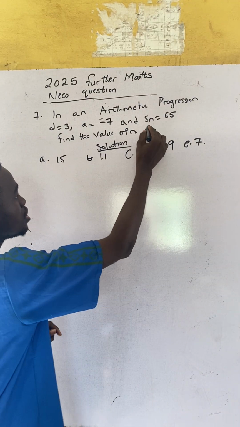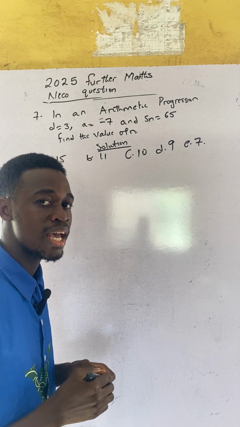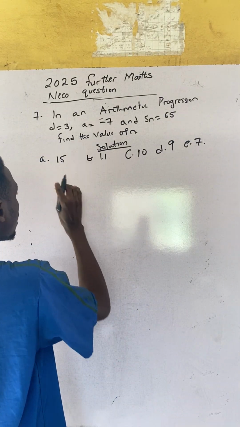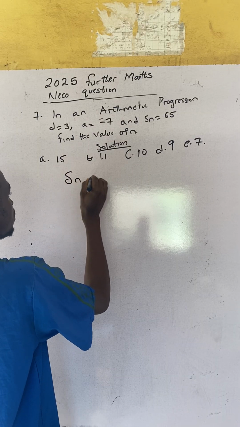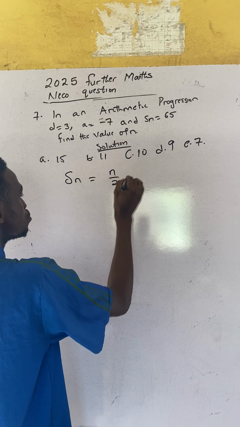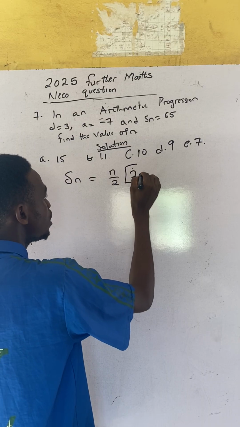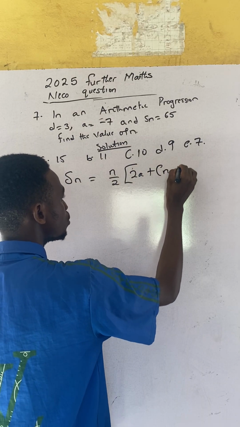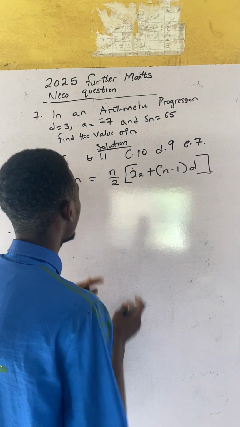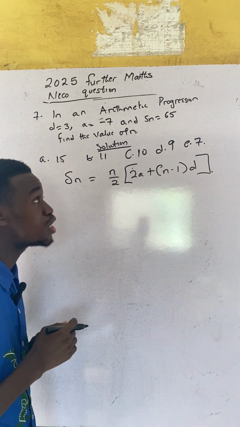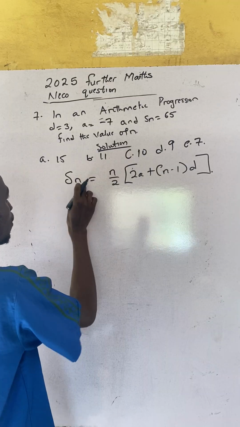Now, anytime you see Sn, it means the sum of a sequence, which means you are using the formula Sn equals n over 2 inside the big bracket, 2a plus into bracket n minus 1 close bracket d, and close the big bracket. Since we have been given the common difference and the first term,